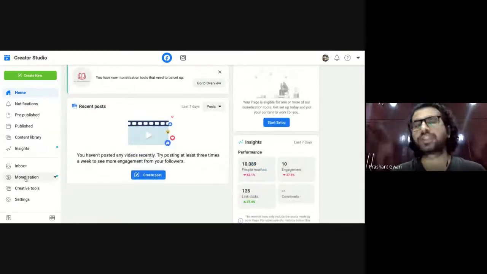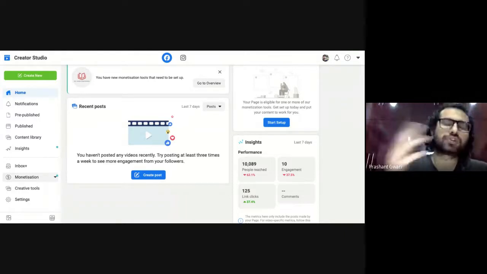Also, you can monetize your channel. Facebook has a monetization feature just like YouTube. When you watch videos on Facebook, there is an advertisement which comes between the video or maybe at the starting part of the video, maybe one advertisement, two advertisements. The advertisement is the example of monetization. Those pages who have more than 10,000 followers and around 2,000 watch hours can monetize their Facebook pages and start showing advertisements between their Facebook videos, and they can earn money from their Facebook videos, same as they used to do with their YouTube videos.